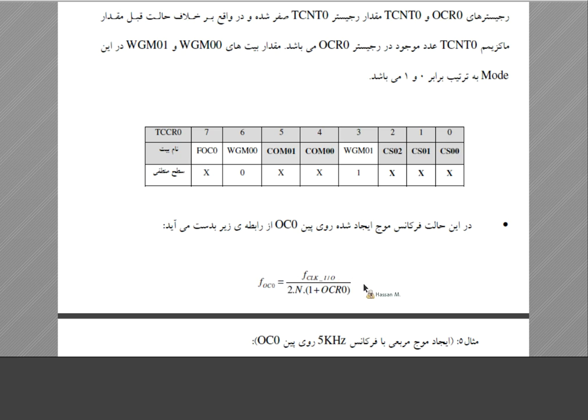Frequency of OC. The wave generated, the wave over OC. Okay, the frequency of it, the frequency of clock IO. For example, here